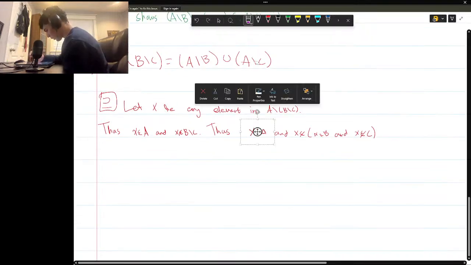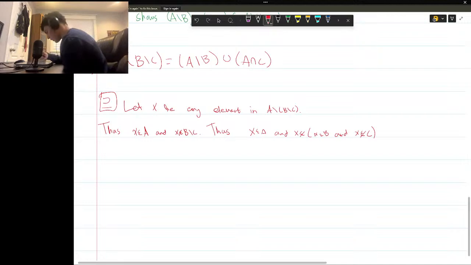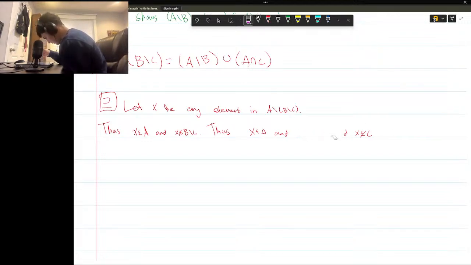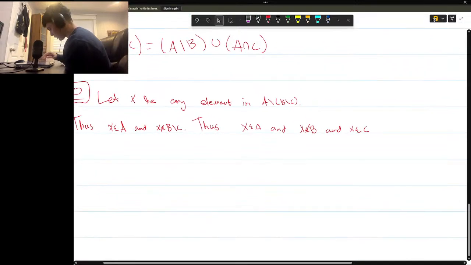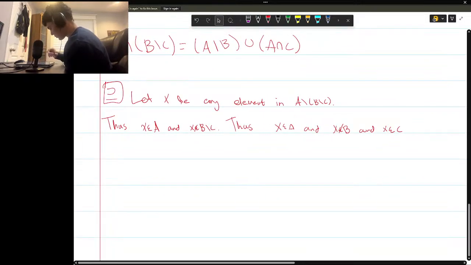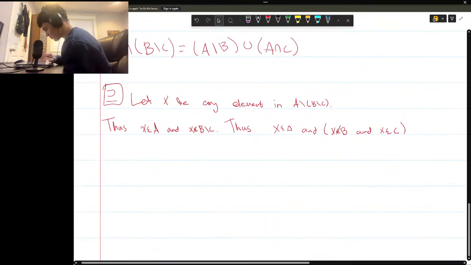Okay, so I had it wrong. I had the question wrong. Now we can apply De Morgan's laws, obviously. So x is in B, x is not in B, and x in C. Now we're done. This is it. We don't have to really add anything else, I don't think. We group this together, right? But important to put these in brackets. Not that important, but now we can just say